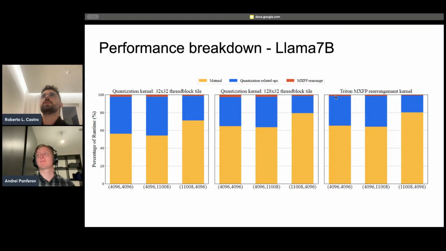One additional optimization that we can apply in the future is to fuse this rearrangement in the fused kernel that contains the Hadamard and all the quantization related operations. But as it represents a fairly small percentage of the runtime, we didn't invest too much time on this fusion. But this is something interesting to do in the future, because we continue working, as I said, on the optimization